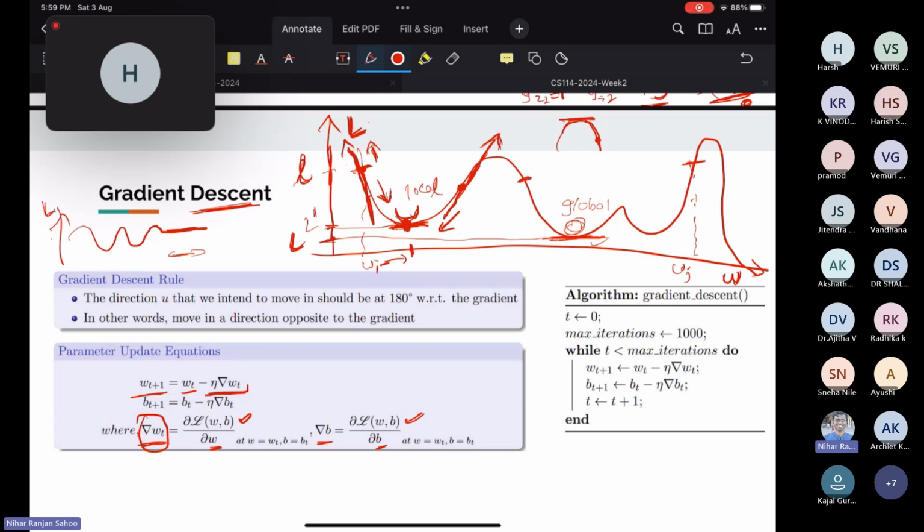So you can imagine, if you're starting from this point, because the gradient is in this direction, you will reach this point more easily than this local minimum. Also here, if you start from here,